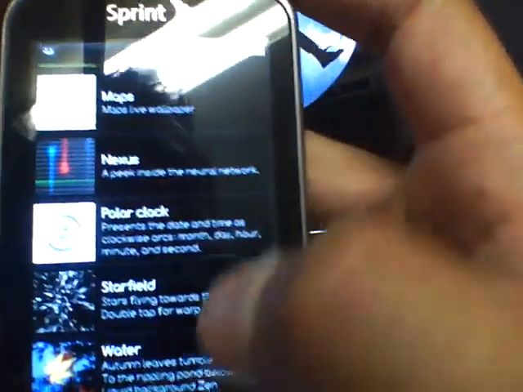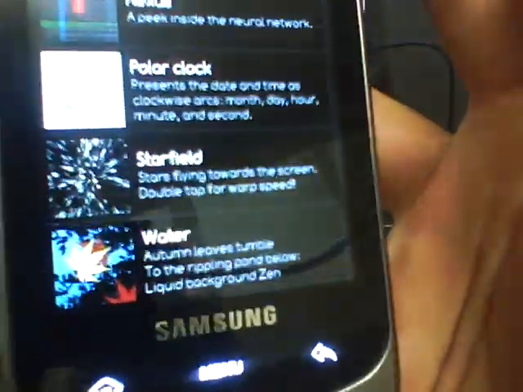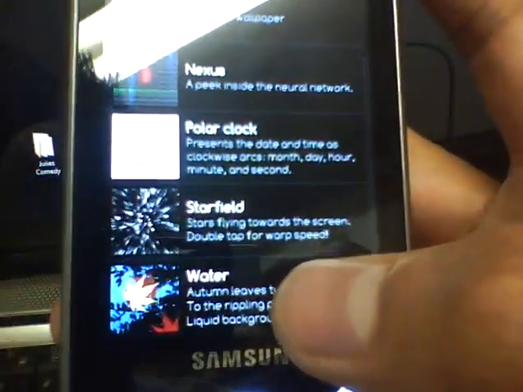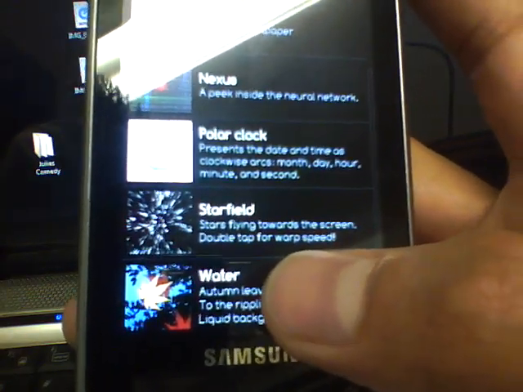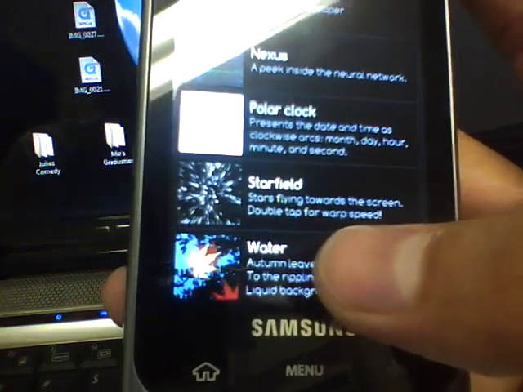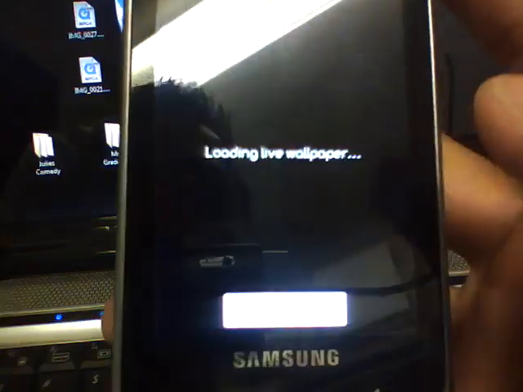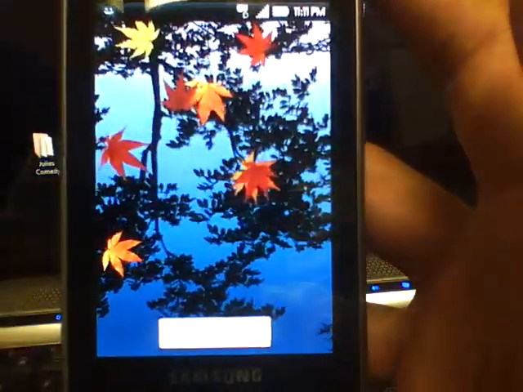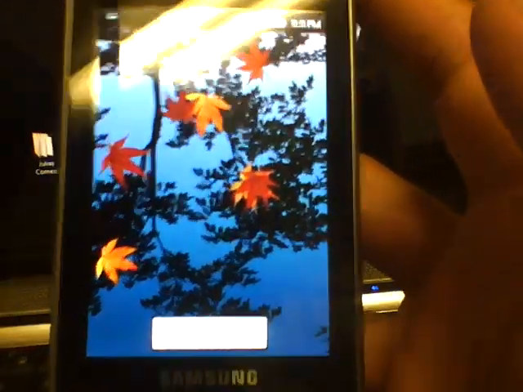And then last but not least, there's a lot of other wallpapers out there. There's the water, which basically makes your phone a puddle, a lake, a pond of water. Really cool effect. You can actually see the leaves moving. They're just floating on by. Now if you touch it,